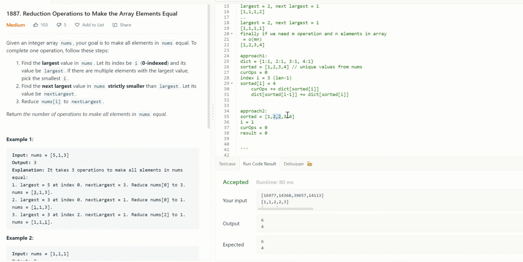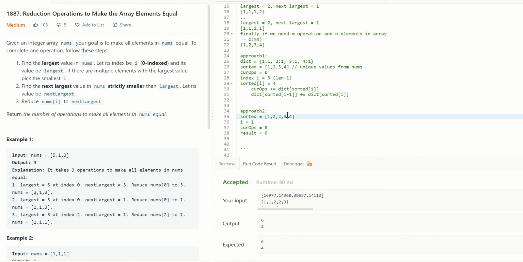But when it is 3, you need to increment the operations. That means as long as the adjacent values are not the same, you need to increment the operation count. If the adjacent values are the same, then you don't need to increment the current operation number.